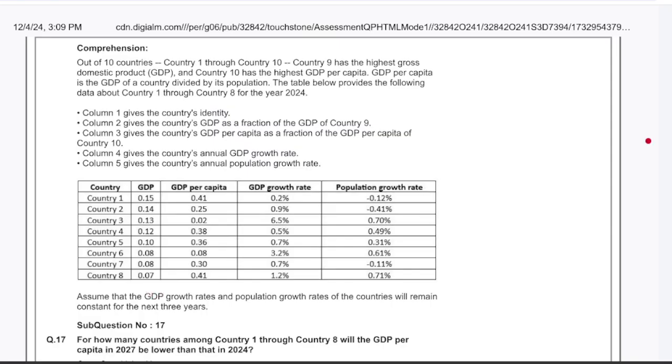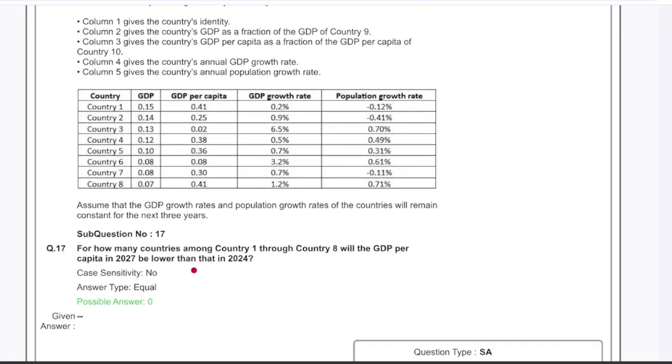Let's go for the next one. For how many countries among country 1 through country 8 will the GDP per capita in 2027 be lower than in 2024? Now, country 1 through country 8 GDP per capita in 2027. So this is given to us. Now, if I have to increase GDP per capita, that means I have to increase the GDP growth rate, and I have to decrease the population growth rate. And they said